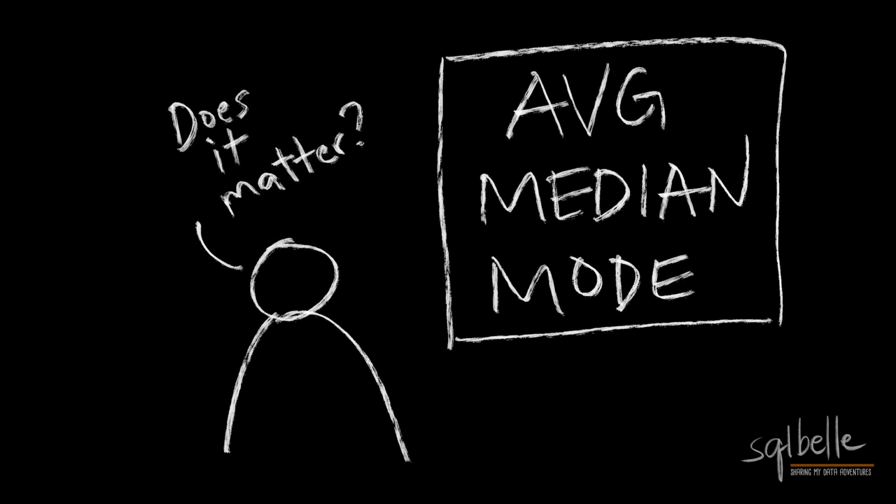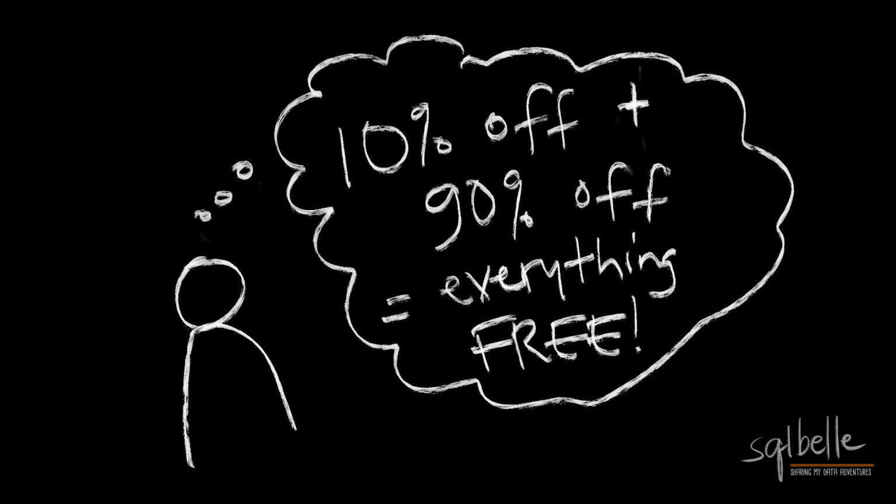To be able to answer the questions, those are important because any information that we have can influence any decisions that are going to come out of it. And I remember discussions where the question is about adding percentages. So if I get 10% off on one product and 90% off on another product, does it mean that I have 100% off? And again, these are things that we need to consider when we're working with data